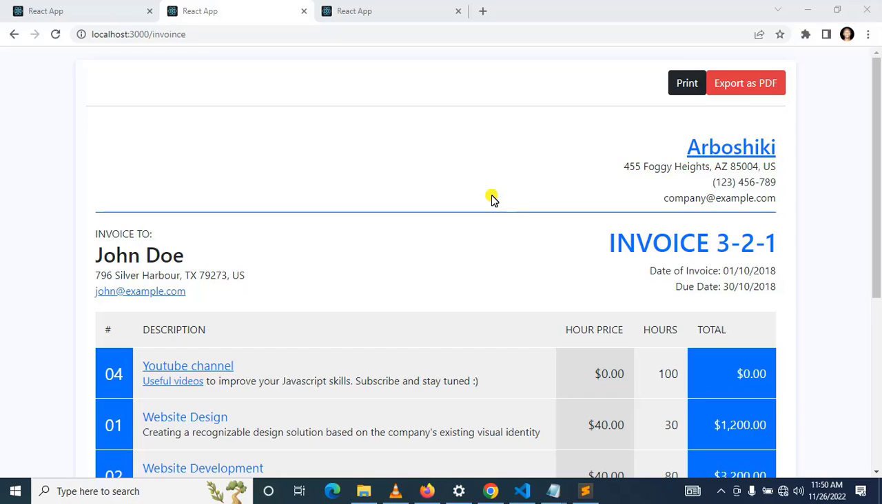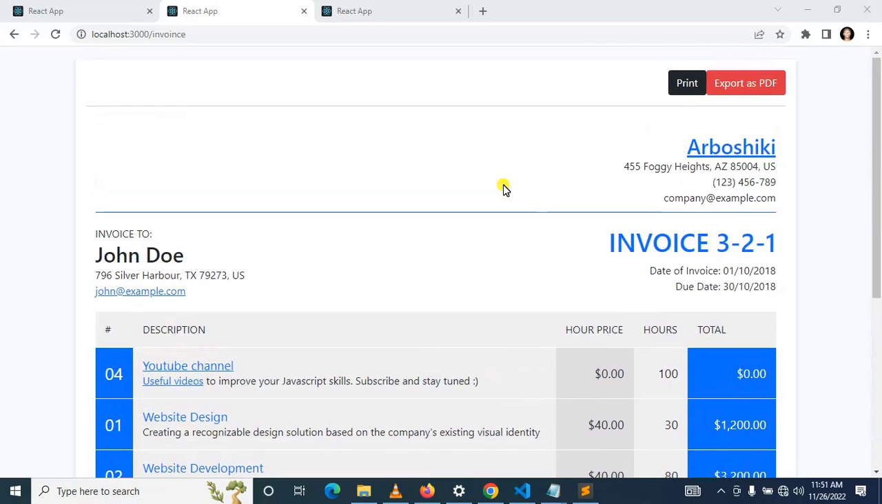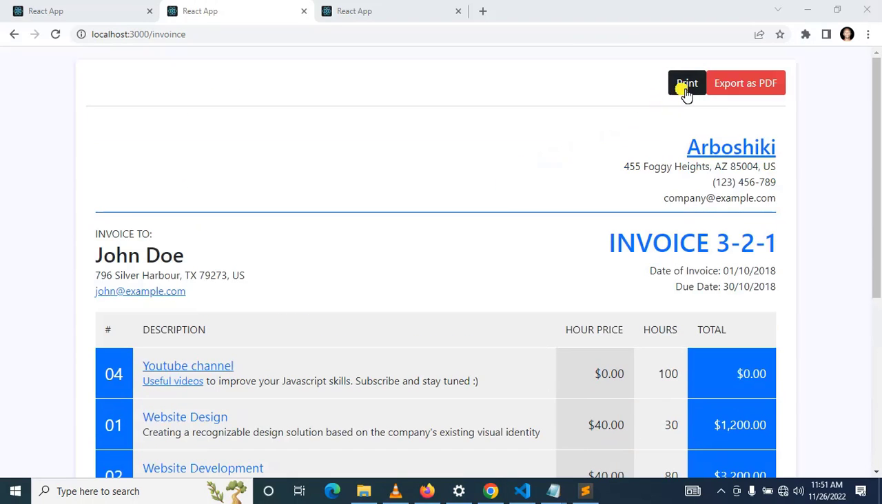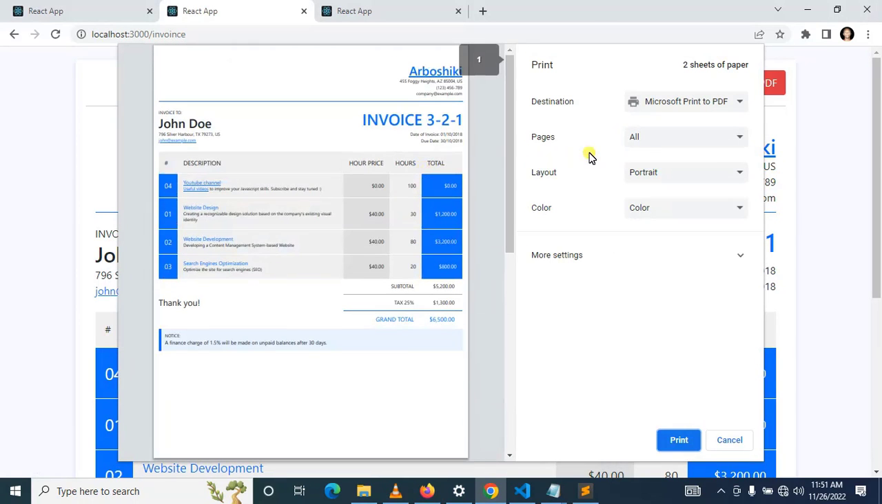Actually, in this session we are going to cover how you can print, download or export an invoice into PDF in React.js. So this is a quick demonstration of what you should expect at the end of this session. You can see this, we assume that this is our customer invoice and they want our customer to print or to download. So once a customer clicks print here, you can see this is a preview and the customer can